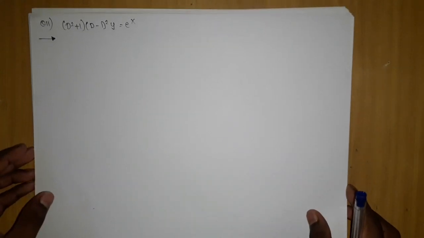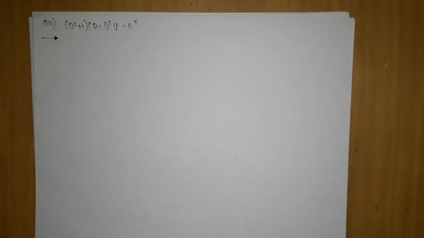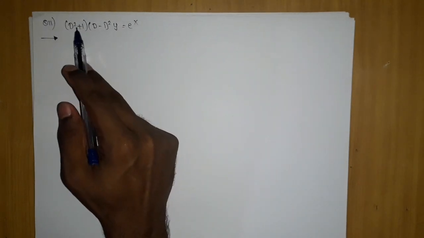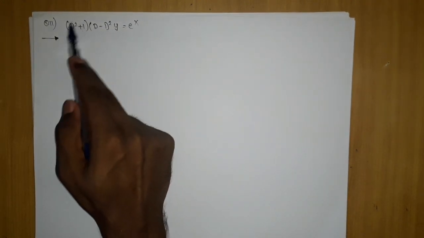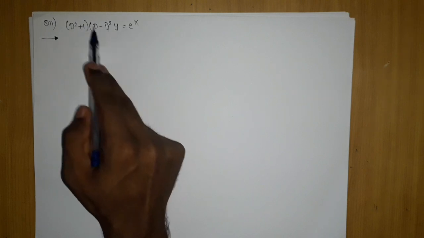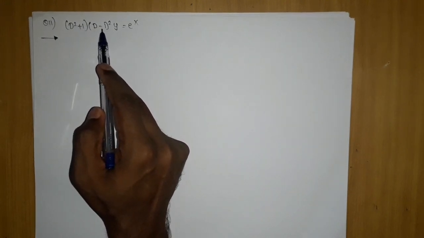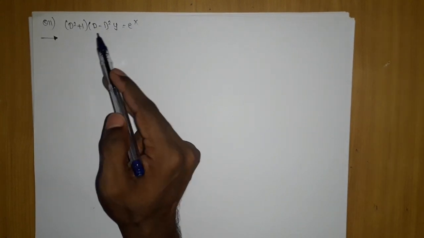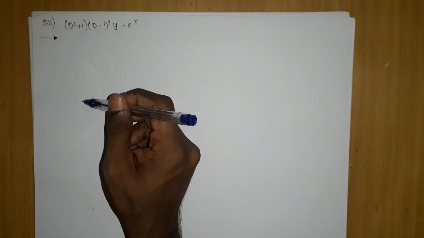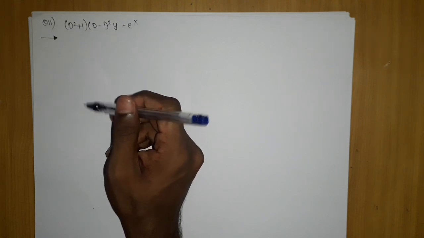The next problem which we are going to take is this, which is d square plus 1 into d minus 1 the whole square into y equal to e to the power x. Now if you remember the case 3 where we used to have phi d which was always positive, no matter what value you put, this is your phi d because it will always be positive, while this was d minus m where if you put e to the power a it will become 0. So here we use the theorem, if you remember properly. So we are going to use that only to solve this type of problem.